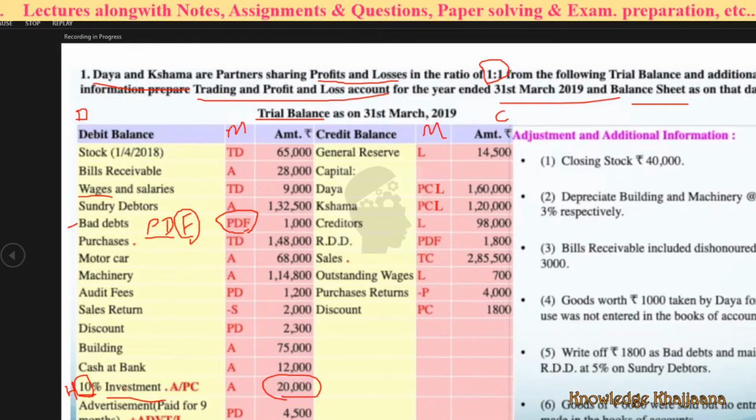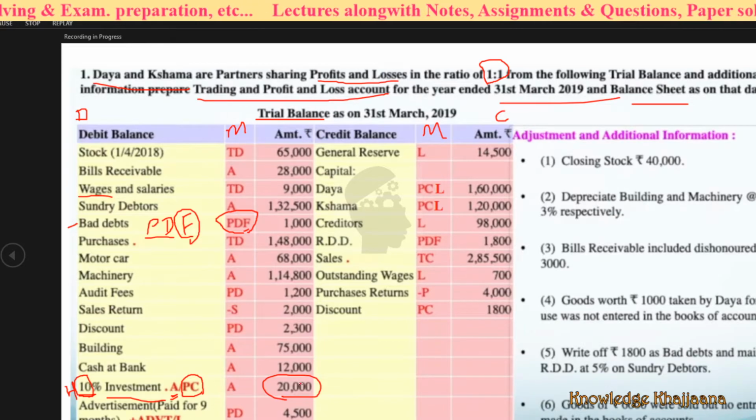So what do we have to do for this hidden adjustment? There are again two effects, right? The first effect, 10% investment, then its interest which is accrued. Interest at the rate of 10% for the entire year has been accrued, but it is not yet received by us. So obviously that amount of interest will go to the asset side, okay. It is an asset for us, accrued interest. And its second effect will go to the profit and loss account, credit side, because it is other income. Though it is not received, we have to show it.